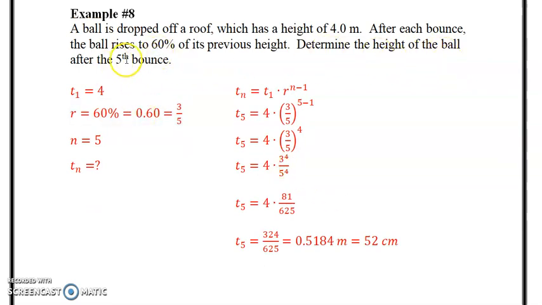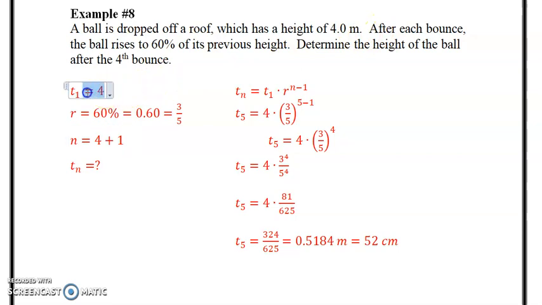It says determine the height of the ball after the 5th bounce. It's actually, to make this right, it's the 4th bounce. Because if you think about it, after the 4th bounce, it's going to be the 5th height. So it's going to be n equal to 5. So this is actually going to be 4 plus 5. Okay? The 4 meter height